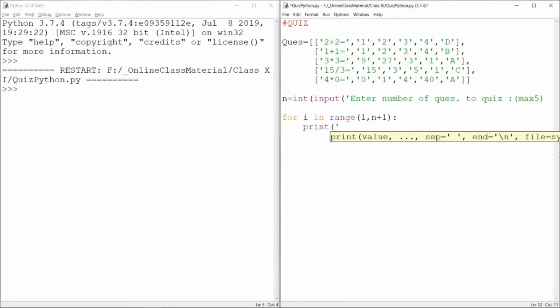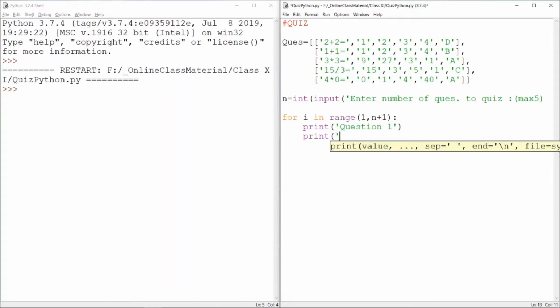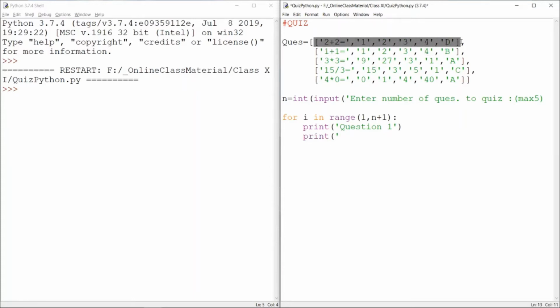So you may have question 1. Now we have to print the question. How to print this question? From this list, the nested list, the first we want to print. Now in the list the first element is at 0, right? So we need to print the nested list's first element, and that too the first one. It is basically 0 0. The list first element is at 0, and again it is a nested list, so 0 0 is the first one.